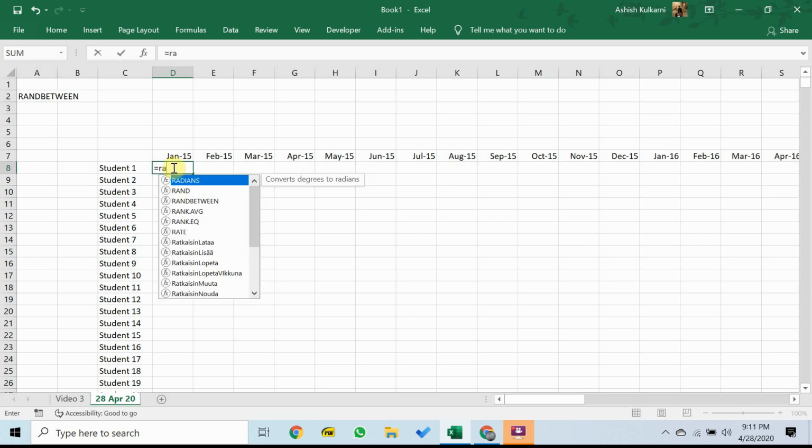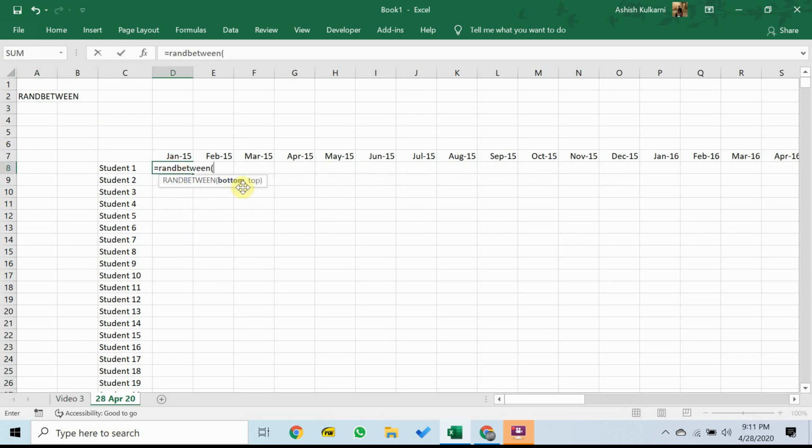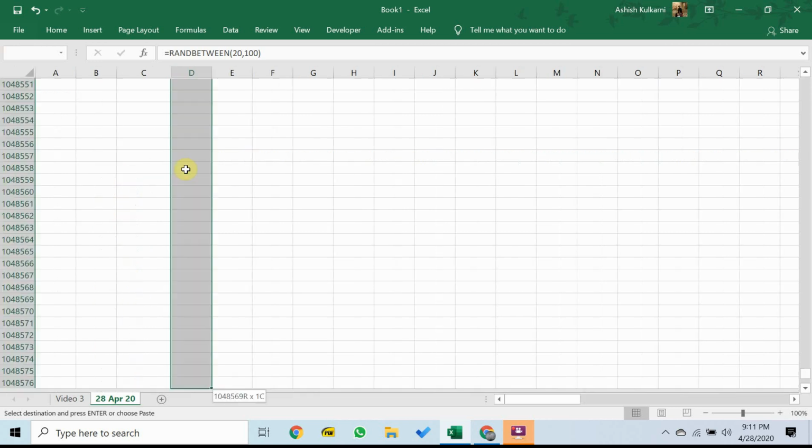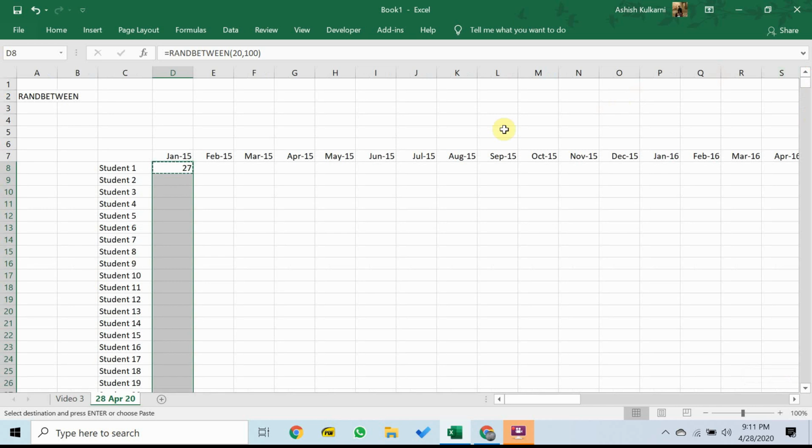The only condition that Excel imposes is that the bottom or the smaller number must be lesser than the larger number, which is a reasonable requirement. Let's assume in our case that the number can be any number between 20 and 100. No particular reason. You could have chosen any two numbers that you wanted. And I'm going to copy this number down below. One easy way to copy it is to press Ctrl C and then Shift End and down. Note, however, that this will work only if you have a filled out table in the first place. We do not have a filled out table in our case. So unfortunately, whether we like it or not, we are going to have to go down the manual way.